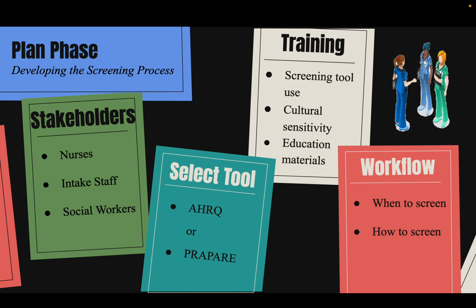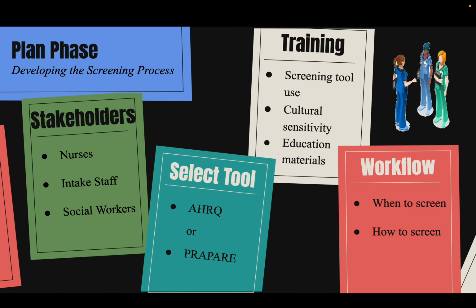During the plan phase, the team prepares for a consistent, effective, and culturally sensitive health inequity screening process. This begins with identifying key stakeholders, including nurses, intake staff, and social workers who will carry out the screening. The team then selects or adapts a validated screening tool, such as the AHRQ Social Determinants of Health tool or PAPER, also known as Protocol for Responding to and Assessing Patients' Assets, Risks, and Experiences, to ensure reliable and meaningful